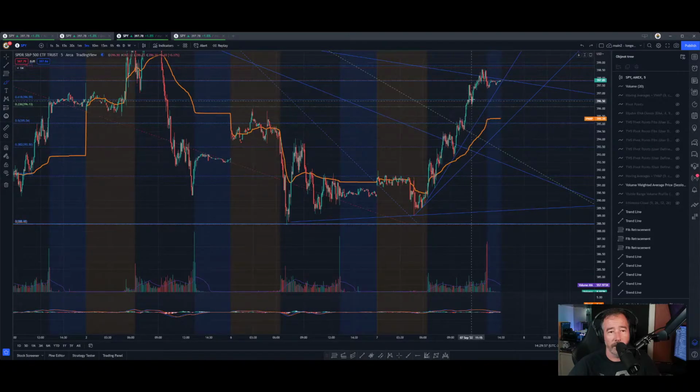We had some volume come in again, push us all the way up here. And basically we had to get through this 23. We got through the 23. We had a healthy pullback, and we pushed back up to this trend line here. And as we did, that's where we sit.